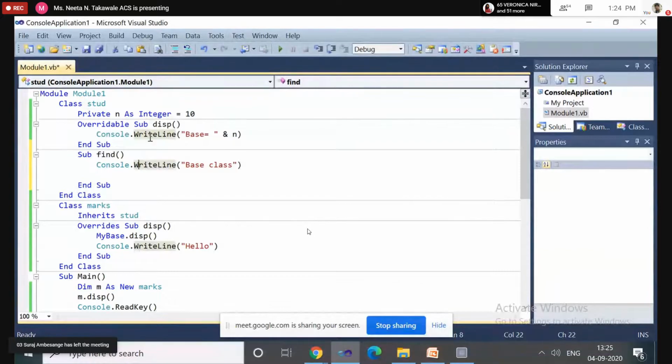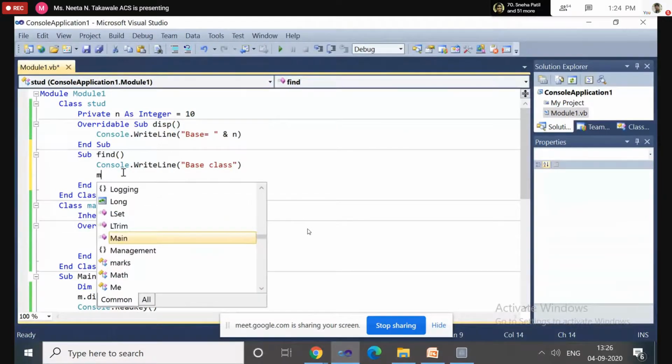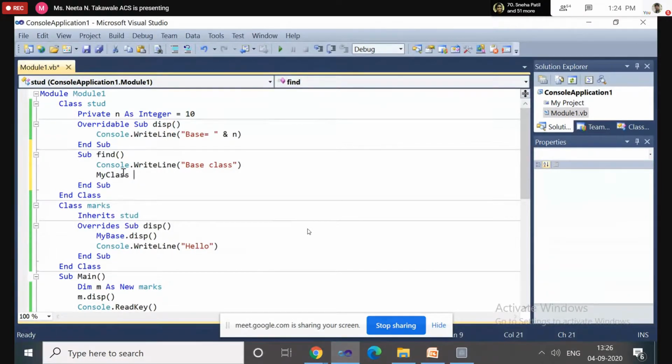Within the same class I want to access this display method, so you can access the overridable method using the my class keyword.